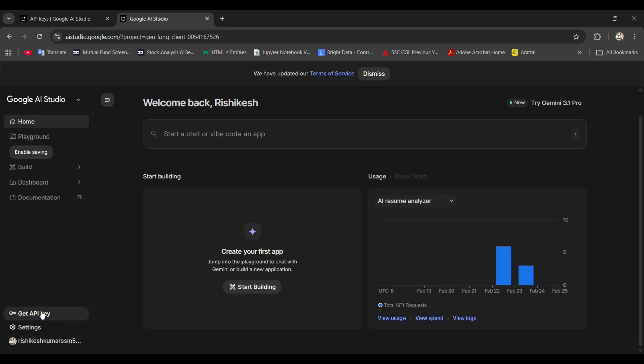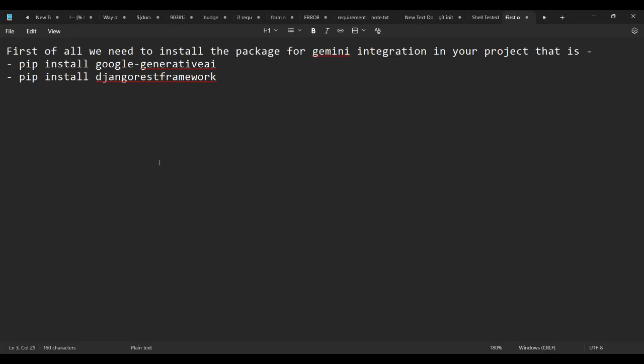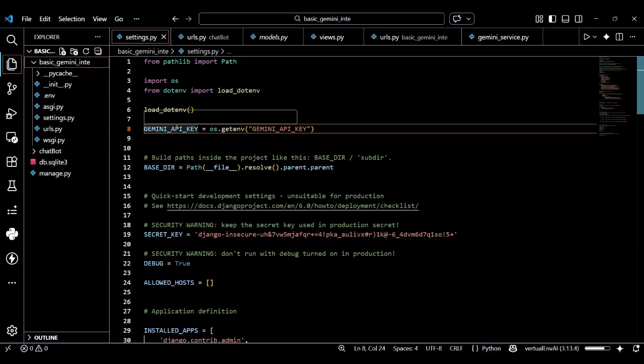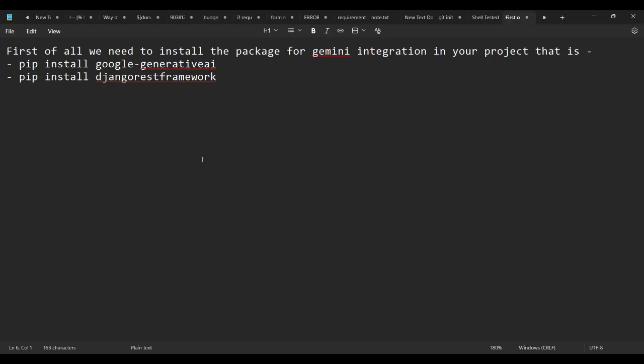I have already made one, and you can copy it from here, and after that you put it like that in your .env file, like that, your API key.